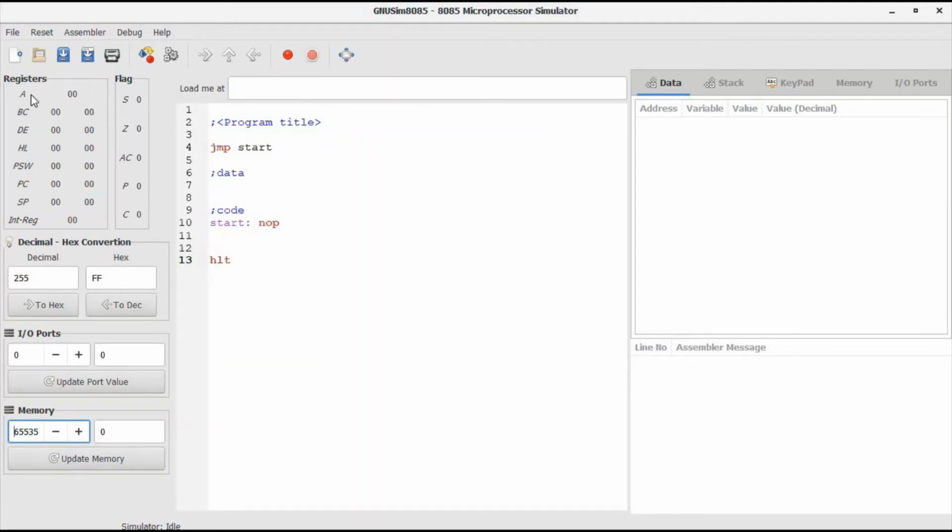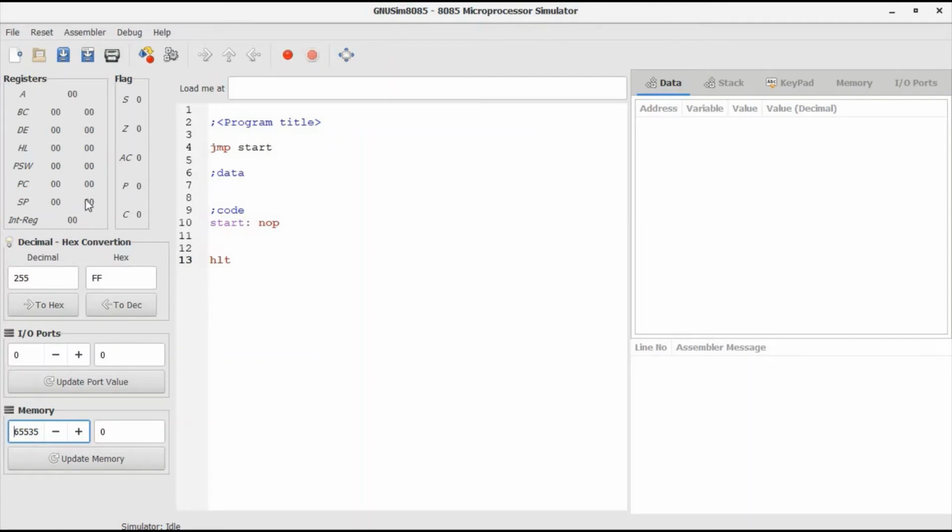So this A will give me the value of accumulator. Value stored in B will reflect here and values shown in C will reflect here. Similarly, it is PSW, program status word, program counter which is a 16-bit register, stack pointer which is a 16-bit register, and internal registers.